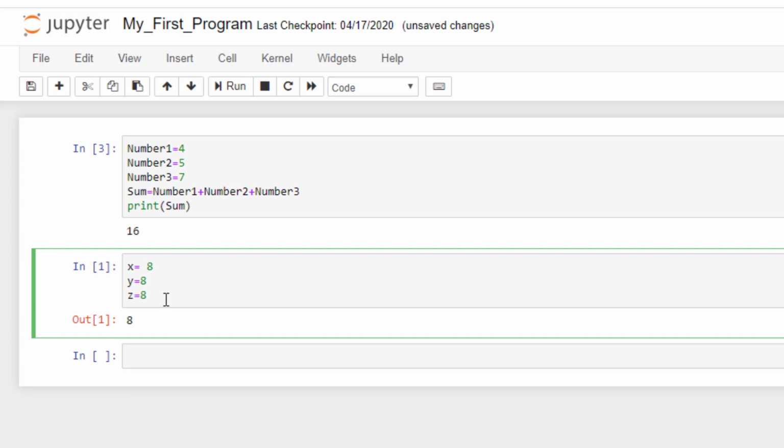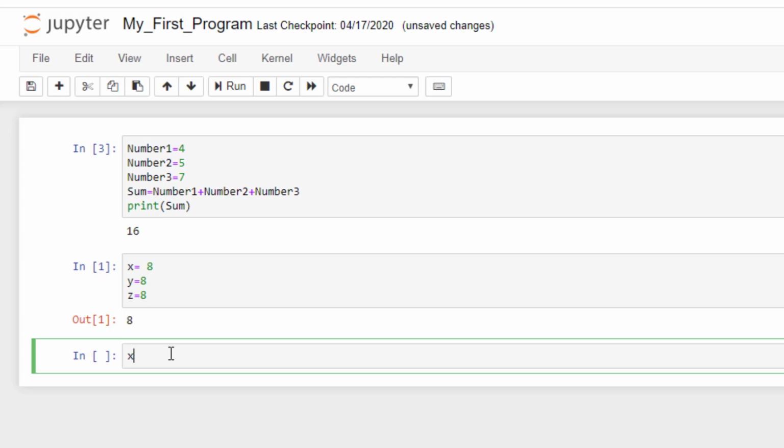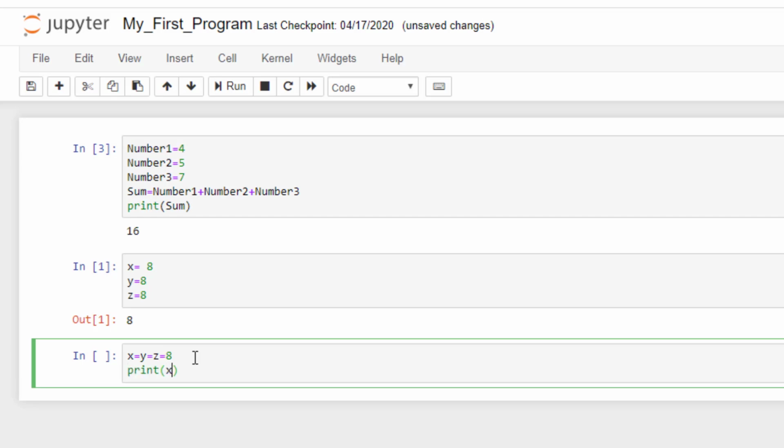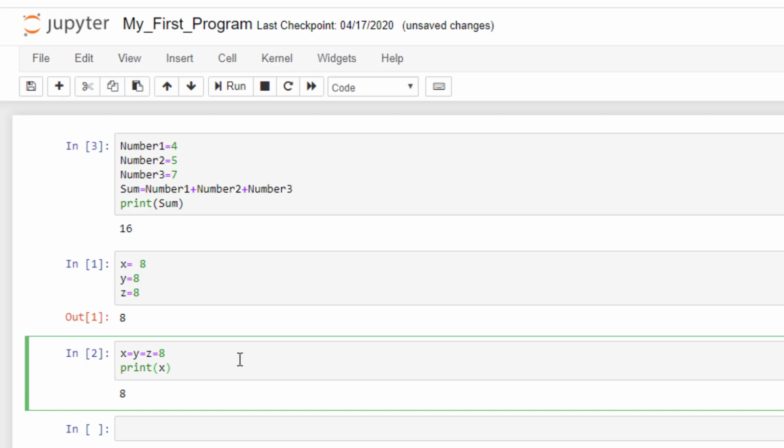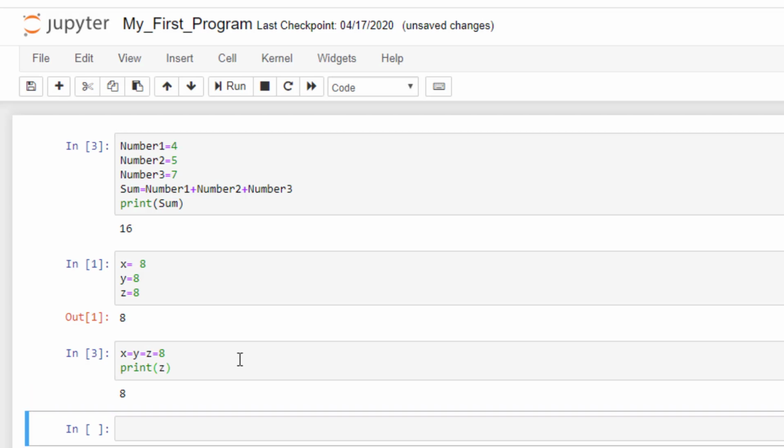If I assign all these values simultaneously, like x equal to y equal to z equal to 8, and print x, see, this is giving the value of x. If I print z, again this is giving the value of z. So this is the way to assign a single value to multiple variables.